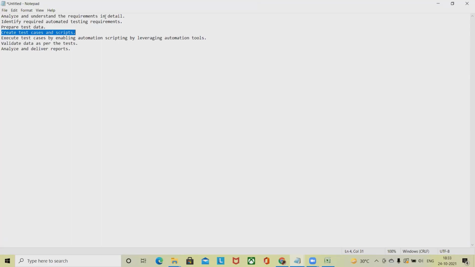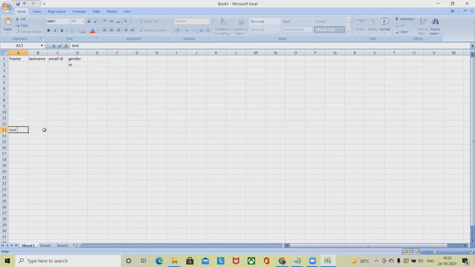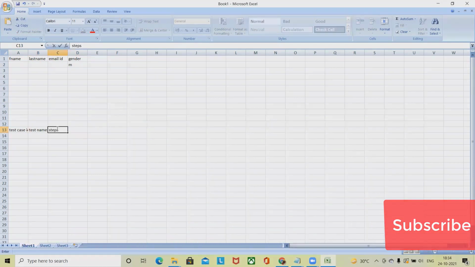I will show you here in a short summary that while creating the test cases, we need to have the test case ID, test case name, steps, then expected result.